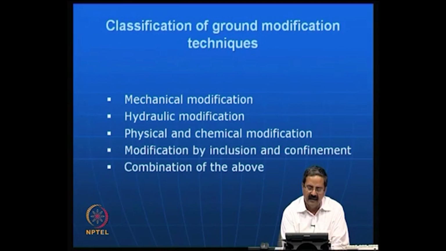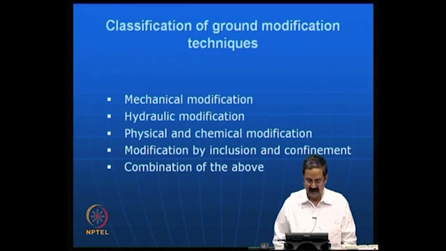So, one can get the benefit of all of these properties by combining mechanical modification like compaction, using reinforced earth, then consolidating. Say for example, reinforced soil is a very classical example, where you have to use road rollers for compaction of the backfill and also put the reinforcement and also confine the soil. Particularly you must have seen in many of the RE walls, there is a facing. The facing is required to provide the confinement effect. Of course, the reinforcement is there, but between the two reinforcements, the soil has a tendency to fall. So, if you put a facing which could be about a 200 mm thick RCC panel,